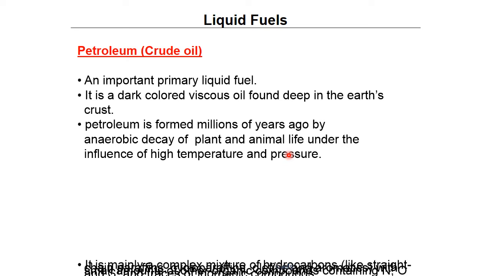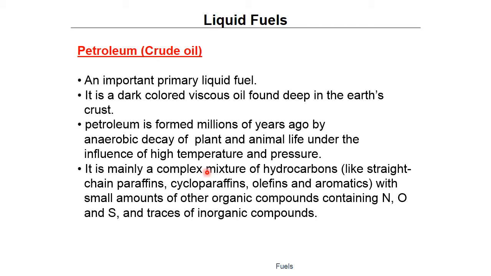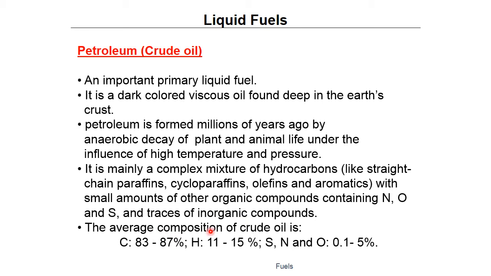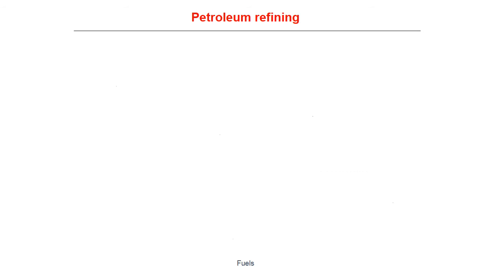high temperature and pressure. Mainly it consists of a complex mixture of hydrocarbons like straight chain paraffins, cycloparaffins, olefins and aromatic compounds. Along with this, it consists of other organic compounds containing nitrogen, oxygen and sulfur, as well as traces of inorganic compounds. The average composition of crude oil is carbon around 83 to 87%, hydrogen around 11 to 15%, and sulfur, nitrogen and oxygen around 0.1 to